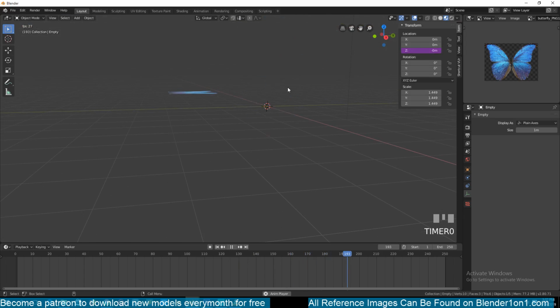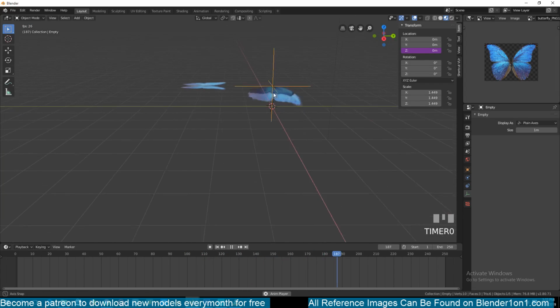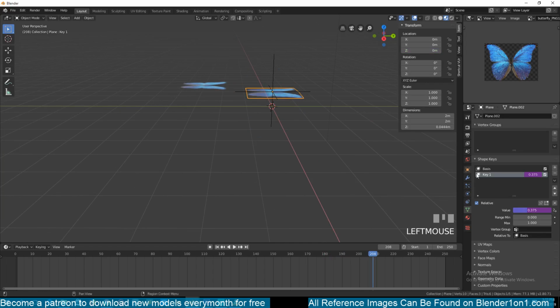So this is going up, it's too frequent, so let's try sine and see if this will change. Okay, but it's too fast, so let's see if I, instead of divide, just multiply this, doesn't give us anything, divide by 3. Okay, so if you divide the frame value by a bigger number, you get a slower up and down motion like that, which is better. I think we should also do that for this,